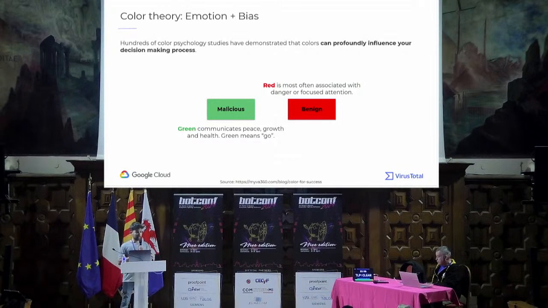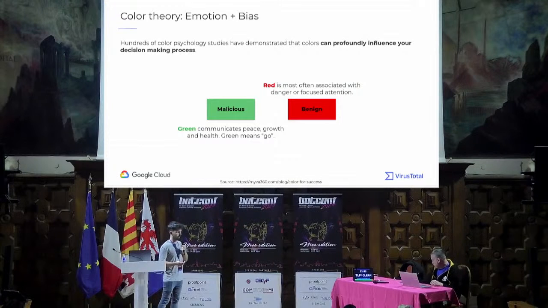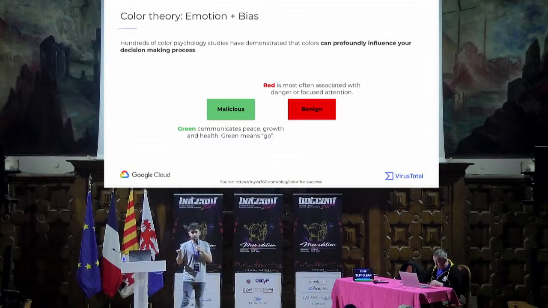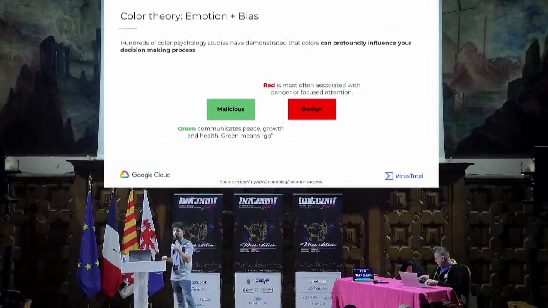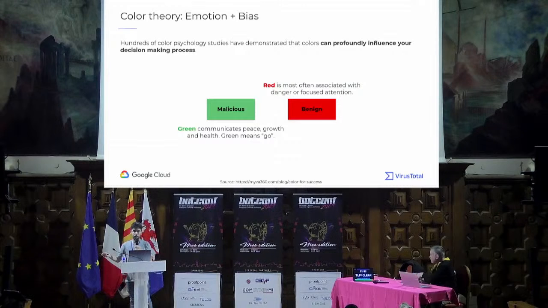theory that in most of the platforms that we have nowadays in relation to cybersecurity, there are colors where you can see if something is malicious or not malicious, and they are related to green and red. So in VirusTotal, you have those colors as well. If something is malicious, you are going to see the red color, but if something is not malicious, or there are no engines triggering the specific sample as malicious, you are going to see that sample with